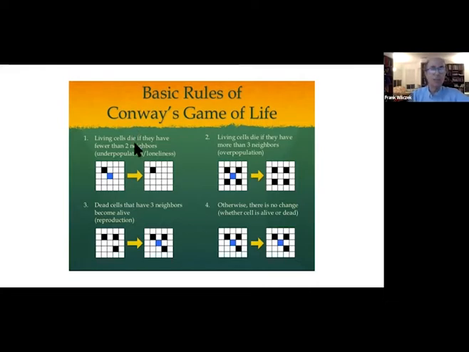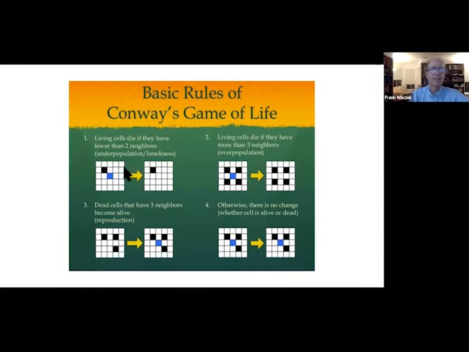And the rule of the game of life is what tells you, when you have some configuration of active and inactive squares at one time, what it'll look like at the next step. And then you follow the next step, the next step, the next step, the same rule. And the rules are very simple. They're written down here.